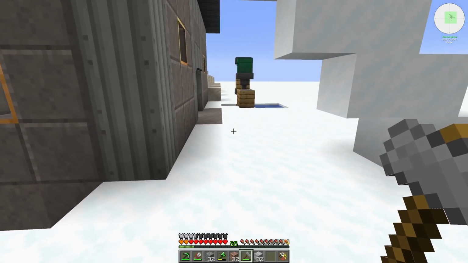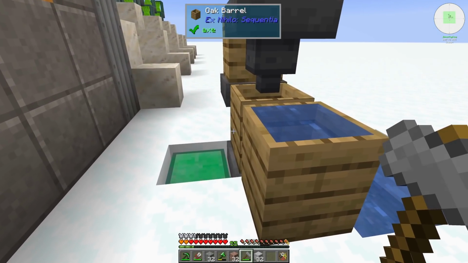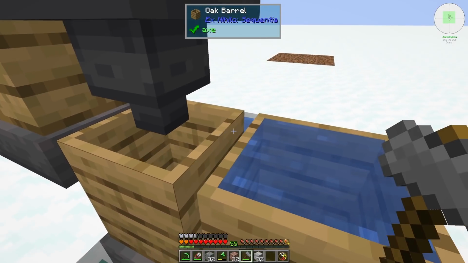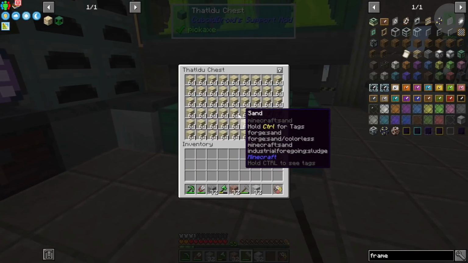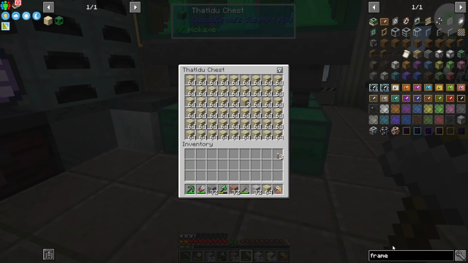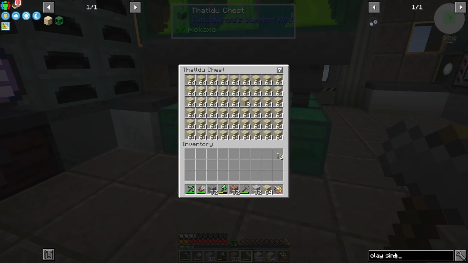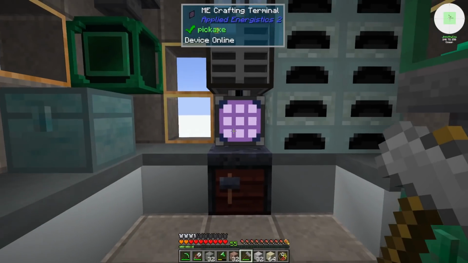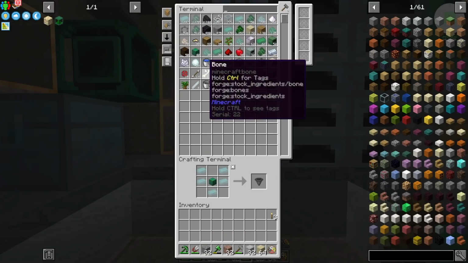I do need a fair amount of clay then, and I guess what I can do is... You have something in you? You're empty. Take dust. Let's first take a... Is there a clay singularity? There is. Let's just make one of those. So if I take some of this and...